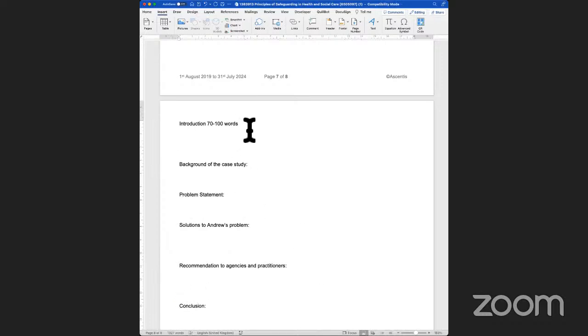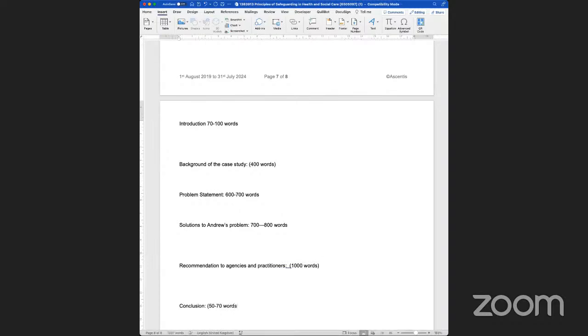So if I look at background to the case study, about say 400 words. If I look at the problem statement, another 400, I would say between say 600 to 700 words here. And then solution, another 700 to 800 words here. And then recommendation to practitioners and agencies, looking at discussing the problem, about 1000 to 1200 words. I'd say 1000 words here, and you're looking at conclusion of 50